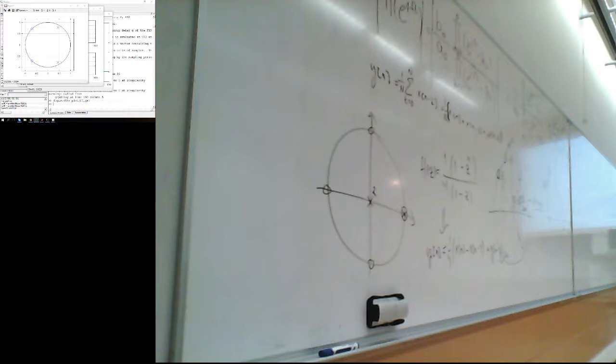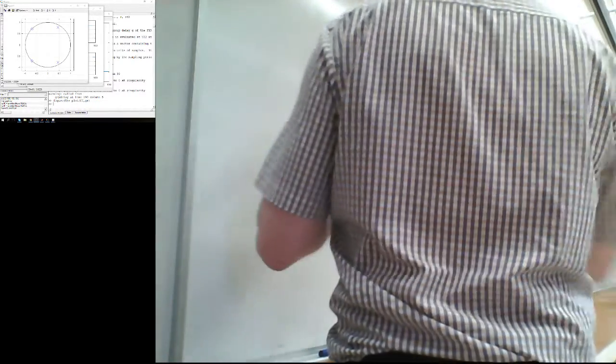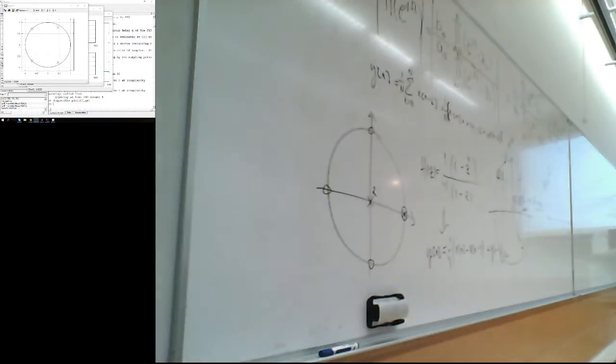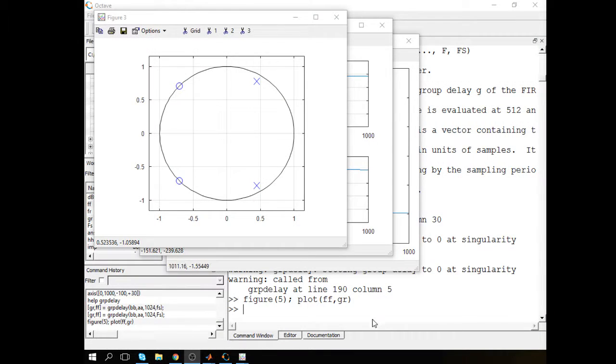So we have some use for the complex numbers and z-plane and that kind of stuff. So, yeah, that's one way of explaining it. Good. So,